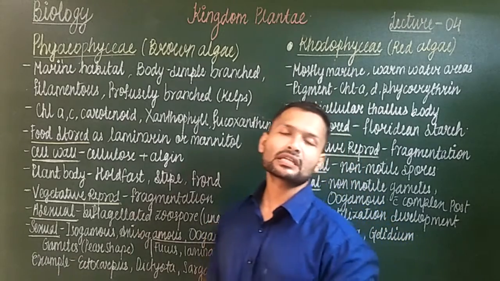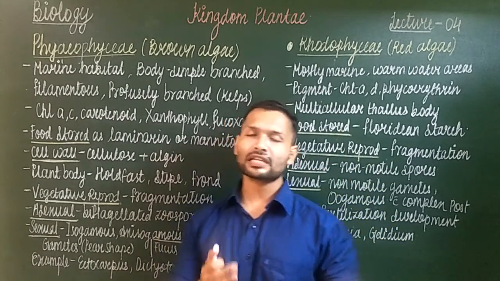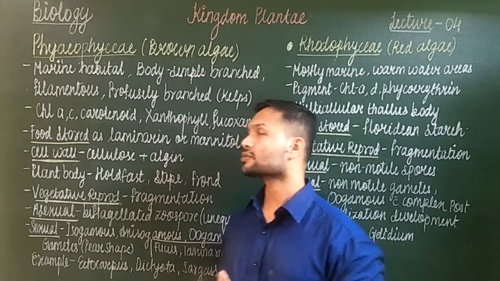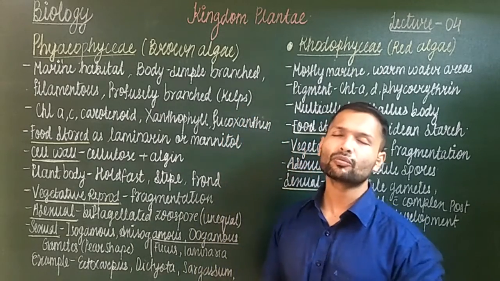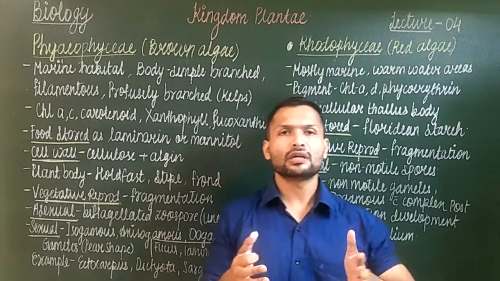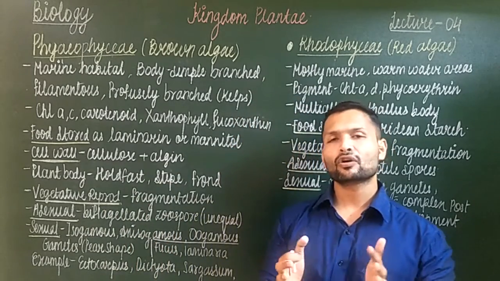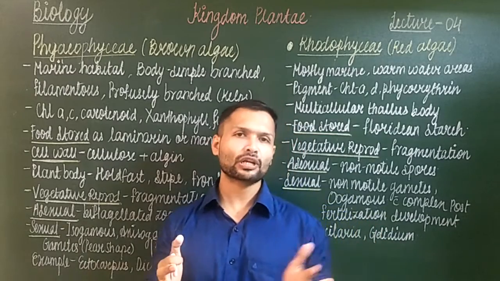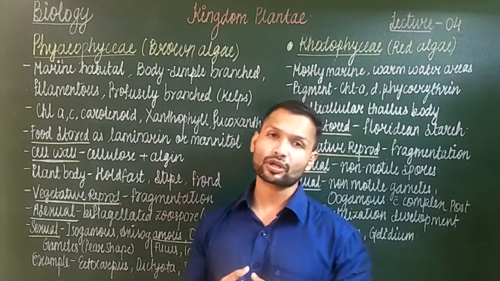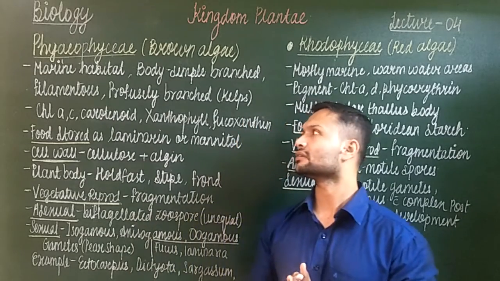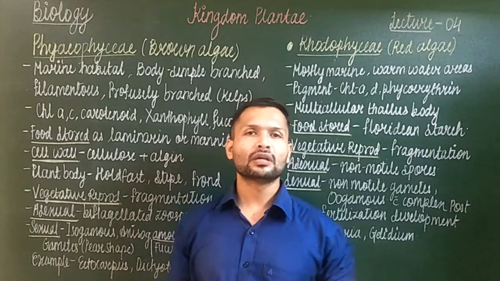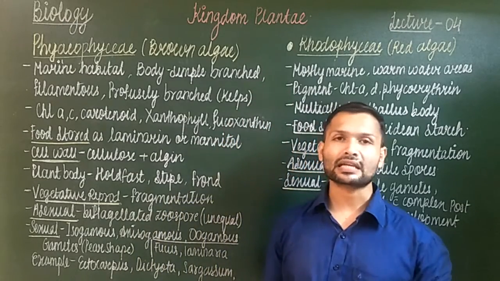Okay, so first thing is the habitat. Now these are mostly marine, but they are also found in fresh water. Some are also found in brackish water. As we all know what brackish water is, तो जहाँ पे river and ocean meet करते हैं, so there is a combination of salty ocean water with the river fresh water. So in that area where the river meets the ocean, the salinity varies, and even that